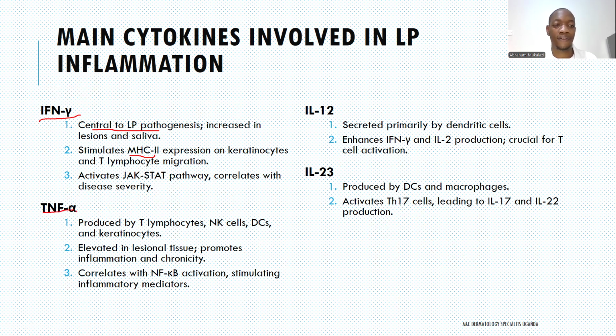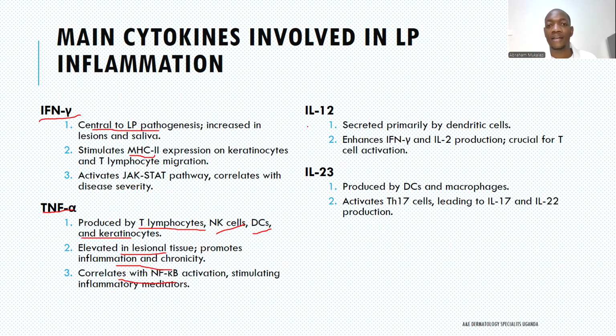And then the tumor necrosis factor, this is produced by the T lymphocytes, the natural killer cells, and the dendritic cells, as well as the keratinocyte, and it is elevated in lesional skin. It promotes inflammation and chronicity of the condition. So it also correlates with the activation of nuclear factor kappa beta, and the net effect is promoting stimulation of